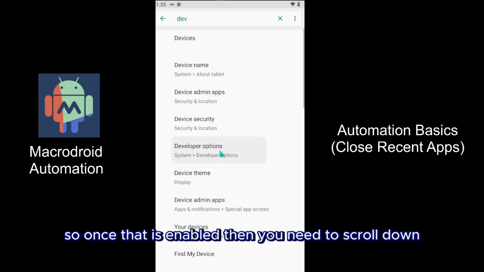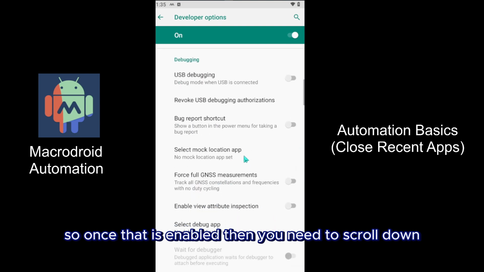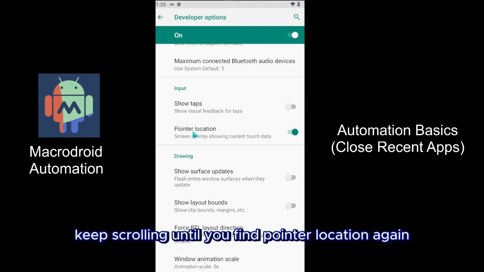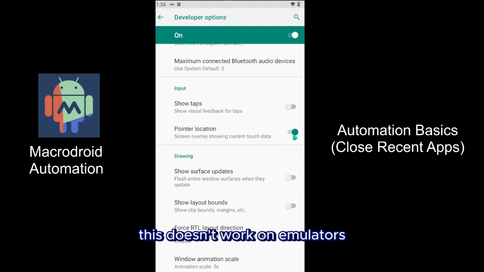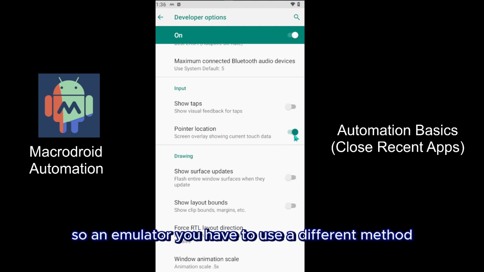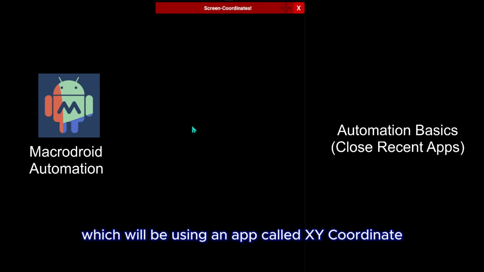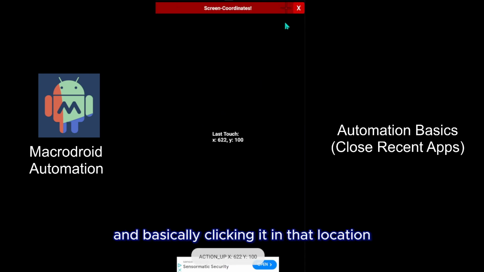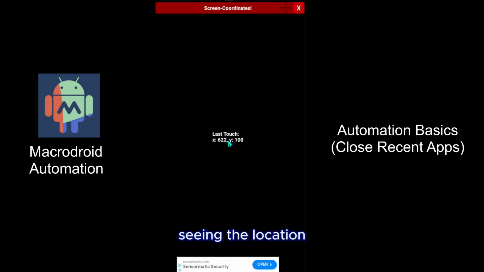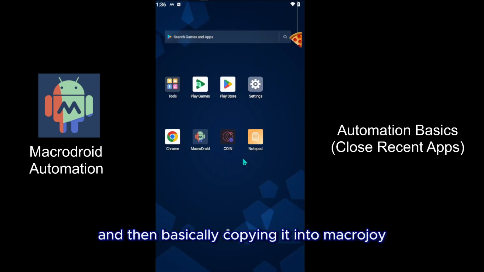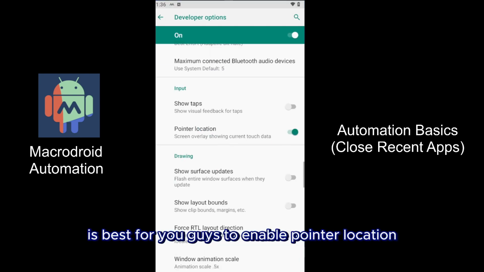So once that is enabled, then you need to scroll down, keep scrolling until you find pointer location. Again, this doesn't work on emulators, so on emulators you're going to have to use a different method, which will be using an app called XY coordinate and basically clicking it in that location, seeing the location, and then basically copying it into MacroDroid. But for those on Android phones, it's best for you guys to enable pointer location,